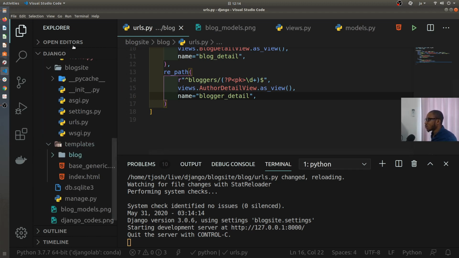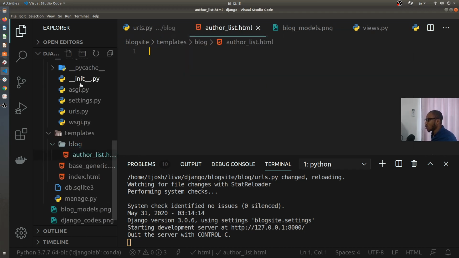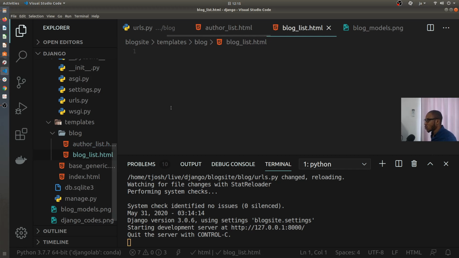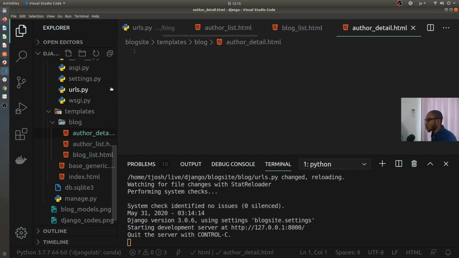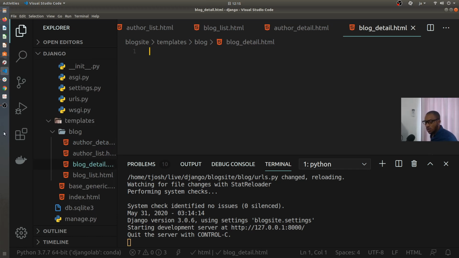Then inside the blog, this is where I'm going to create author_list.html, blog_list.html, author_detail.html, then blog_detail. Okay, so with that done,